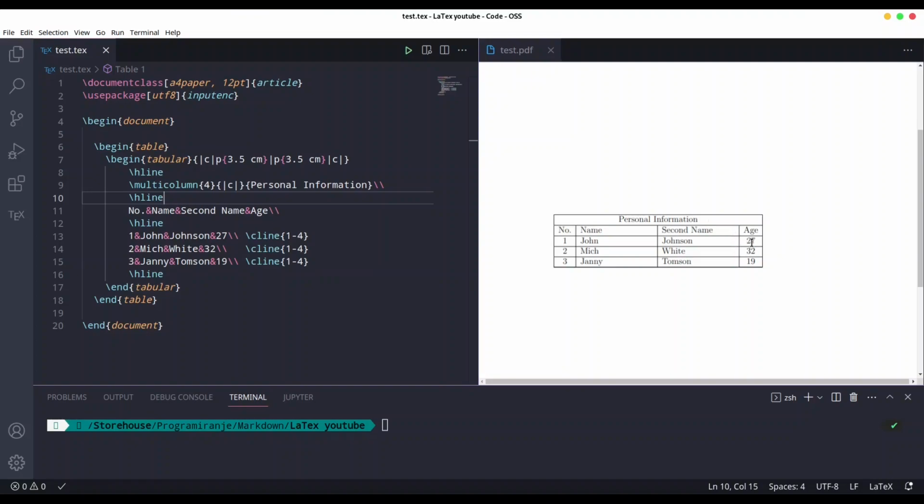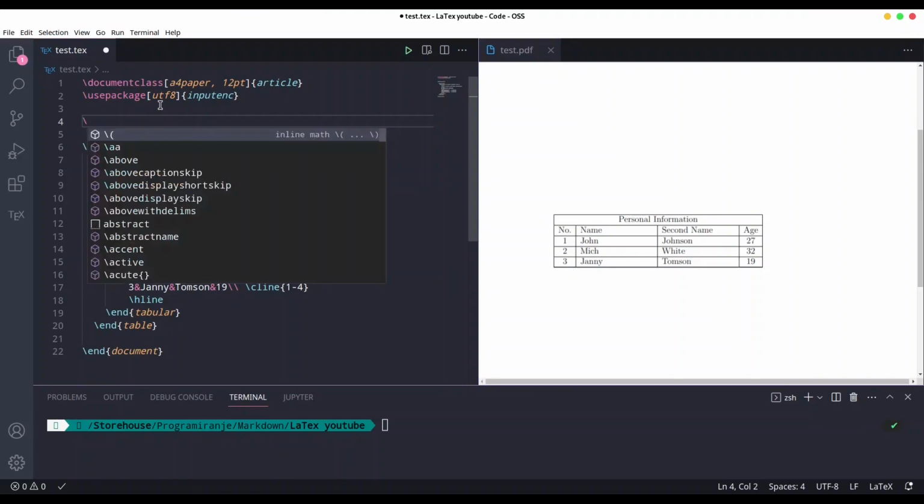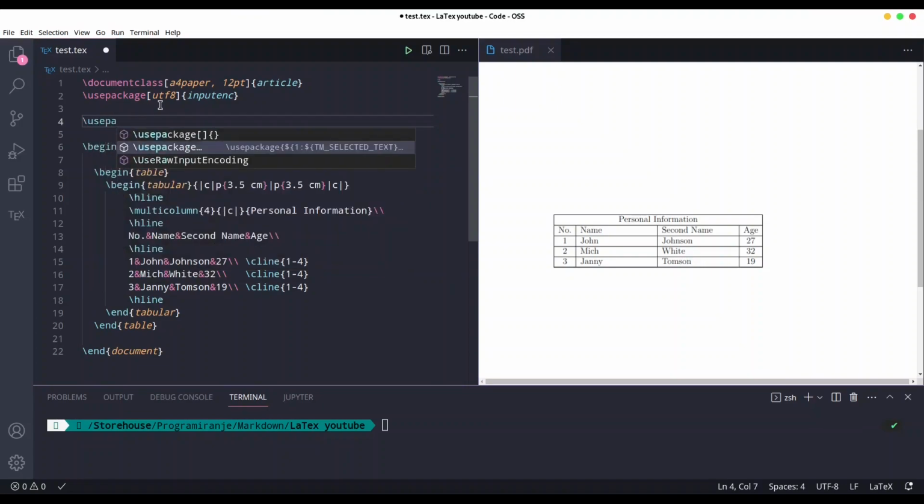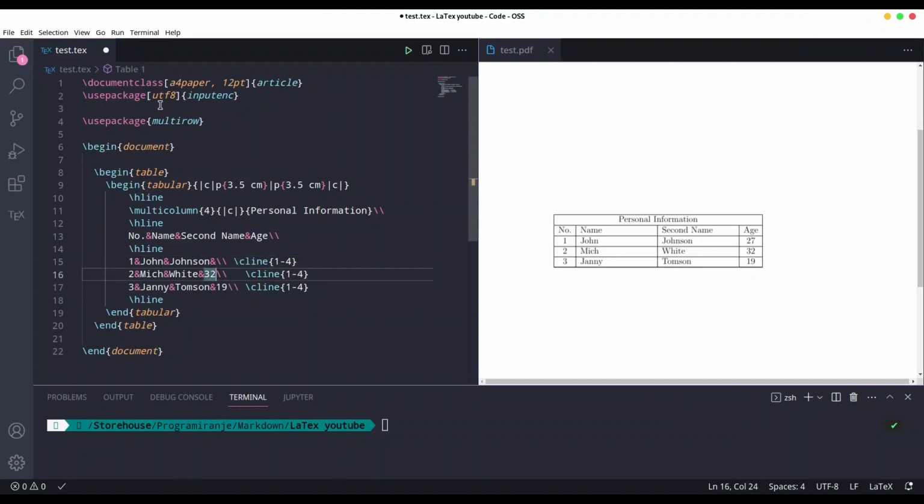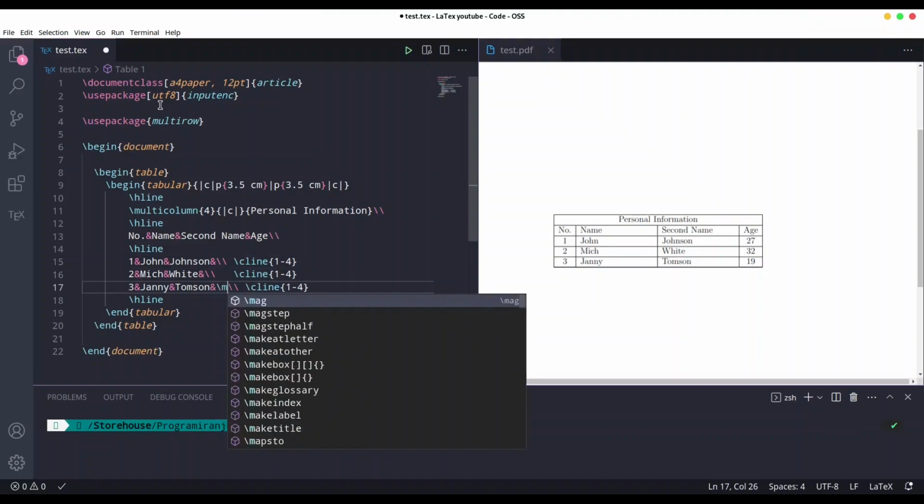And now, what about if we would like to do some row merging? Can we do something like that? Well, of course. So for this example, I'm going to turn these 3 cells into one. But for that, we are going to import one package, and that is going to be use package multi-row. Now we could supply our command. First, I'm going to remove all of these values, and now command